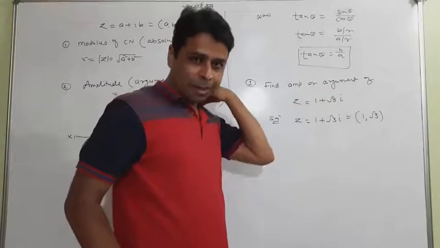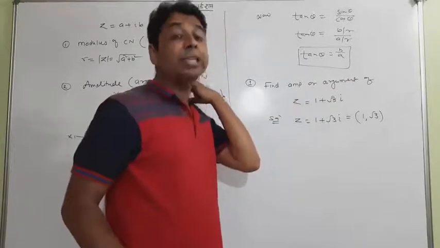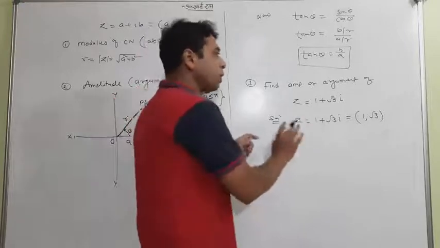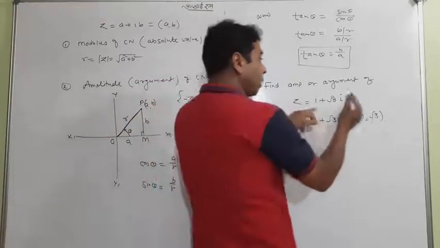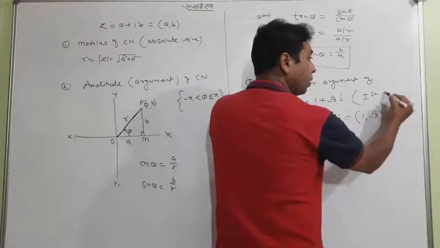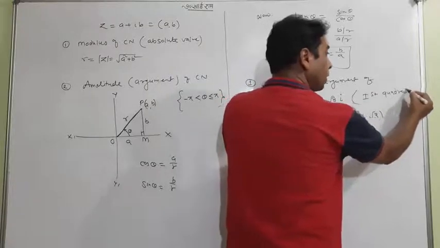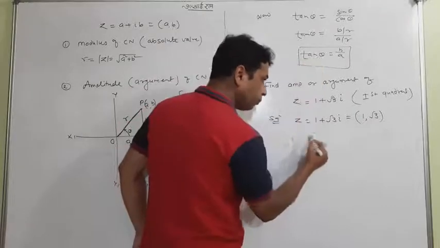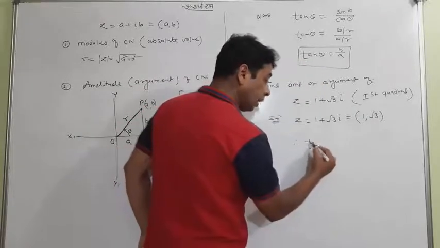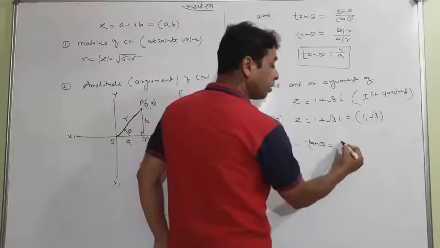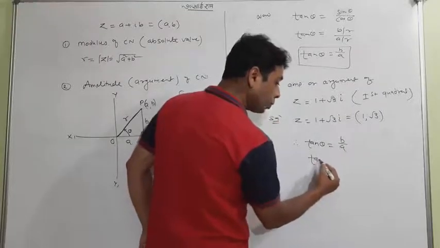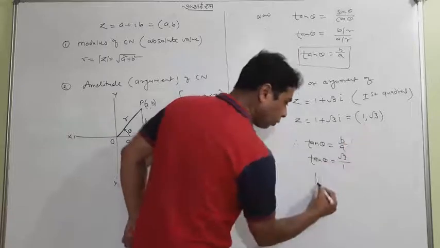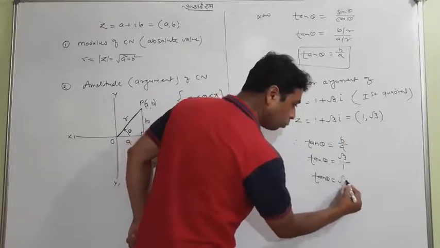So this is a method for the first quadrant. Actually all have the same method, but we still have to make little changes when it changes its place. So first of all, when the complex number is lying in the first quadrant, we do it like this. We know tan theta, where theta is our answer, is equal to B by A. You know what B is and what A is. This is B and this is A. What did you get, student? Tan theta equals root 3.